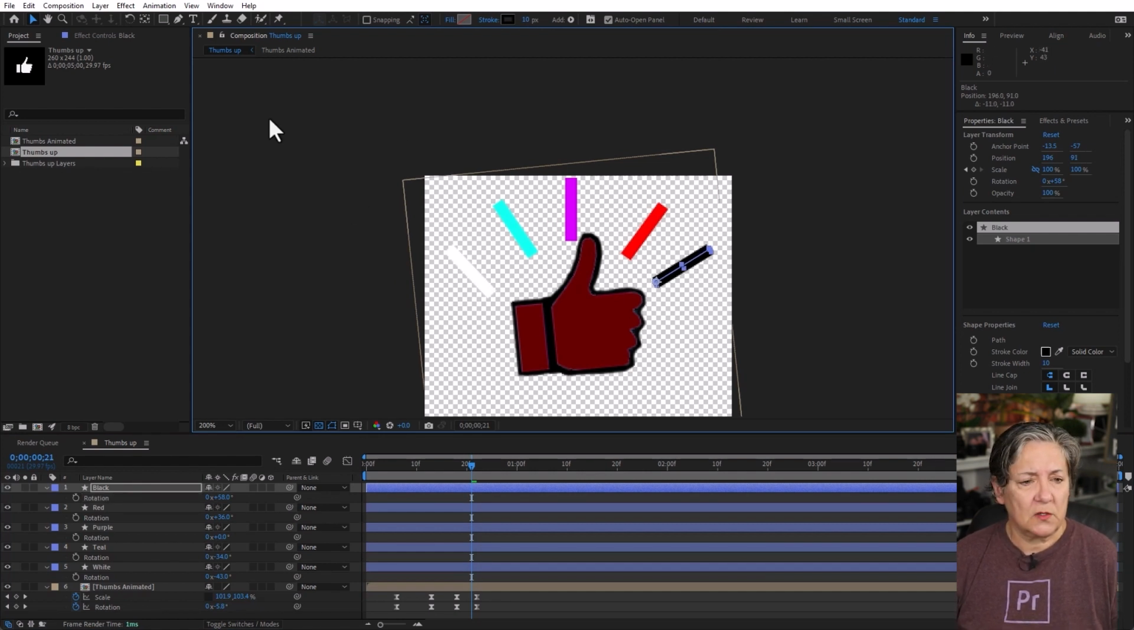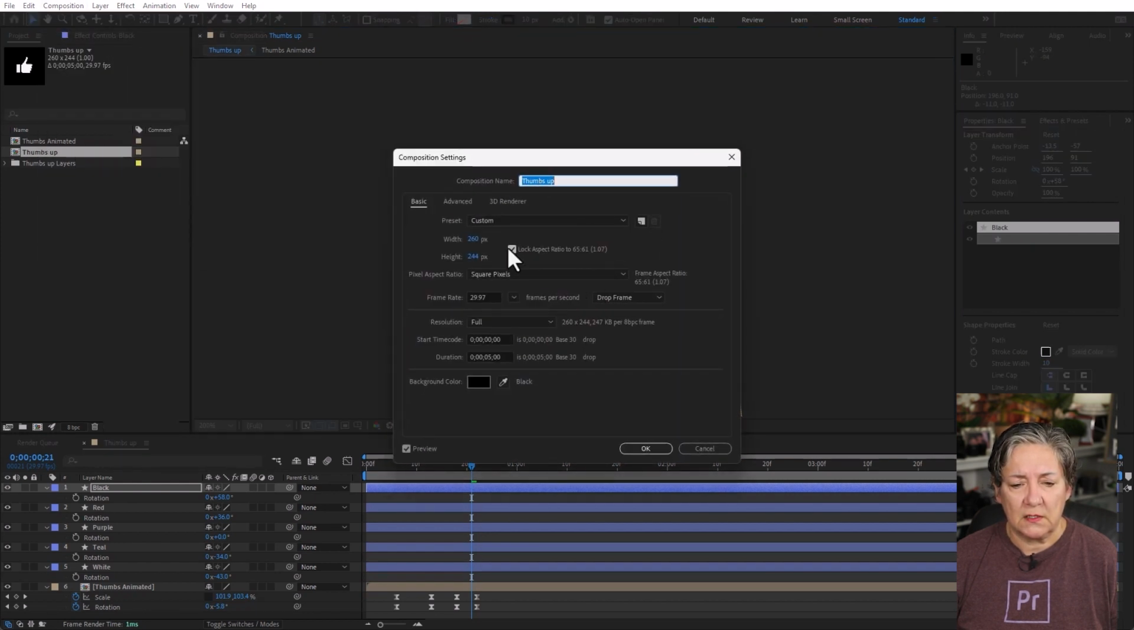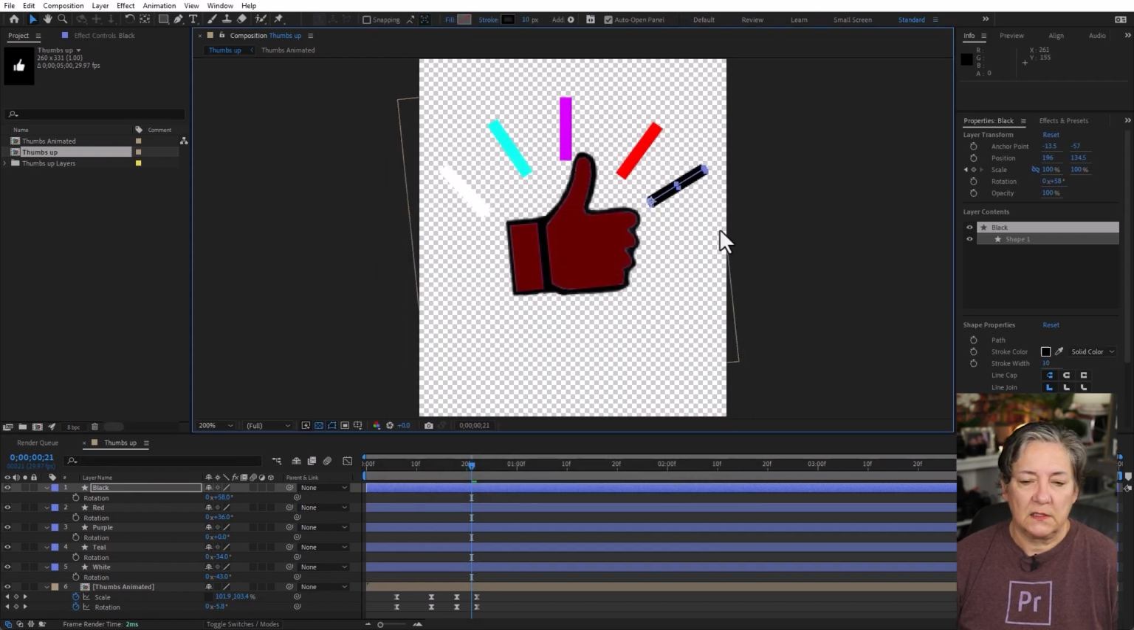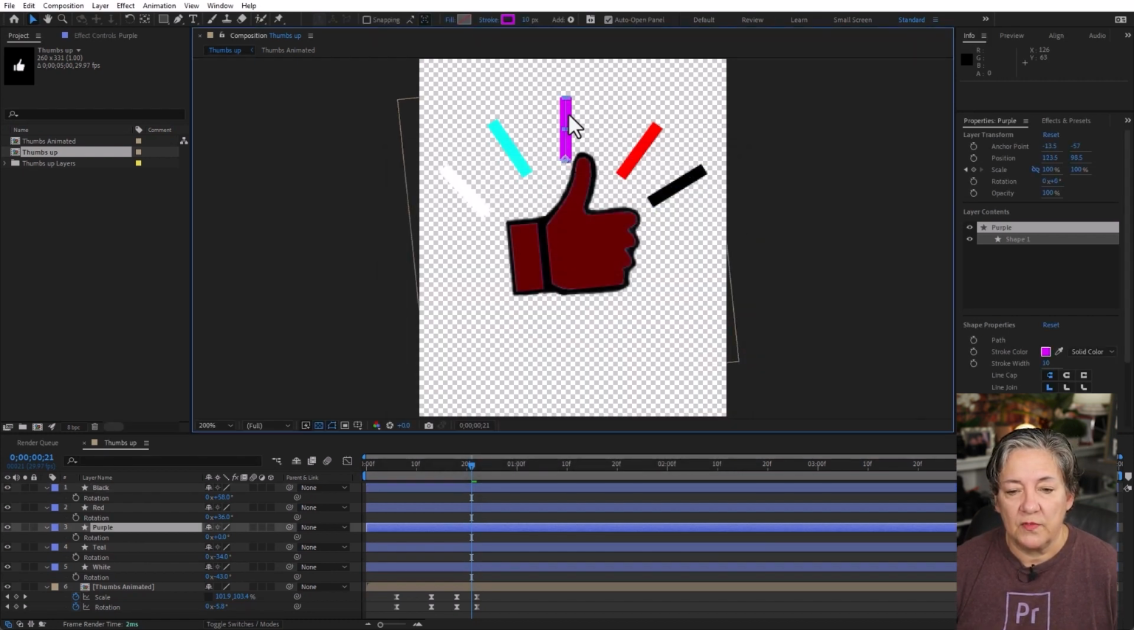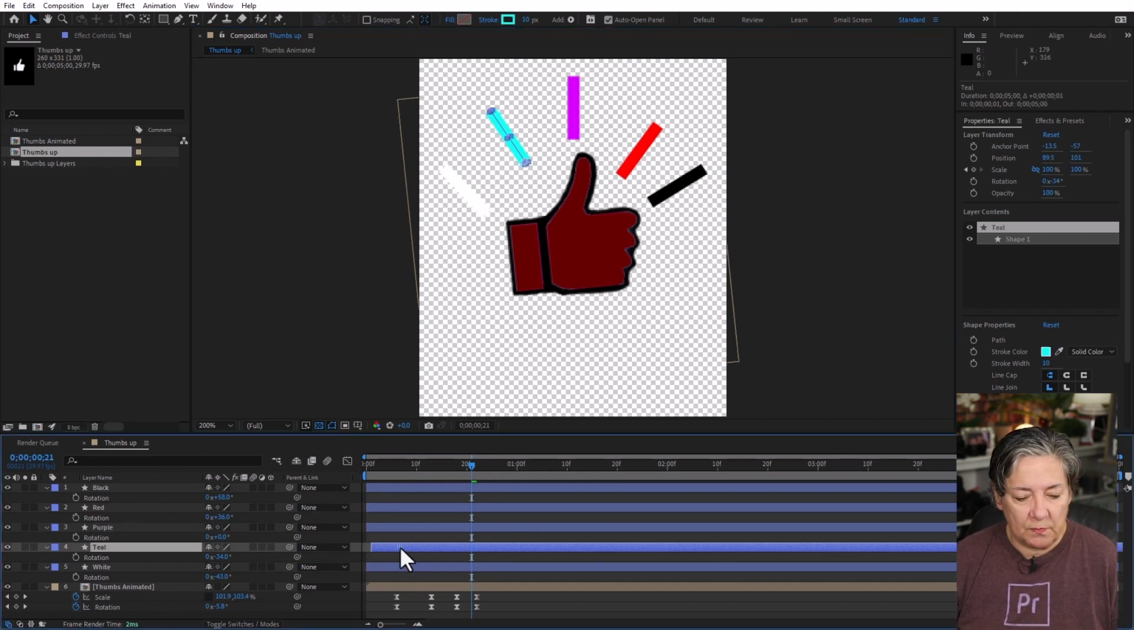I need for this composition to be a little bit bigger. So I'm just going to go to composition settings. I'm just going to change the height to a little bit taller. And that's it. You know, that's pretty good. That way I can move this guy higher. All right, so now I'm just going to make these guys a little bit